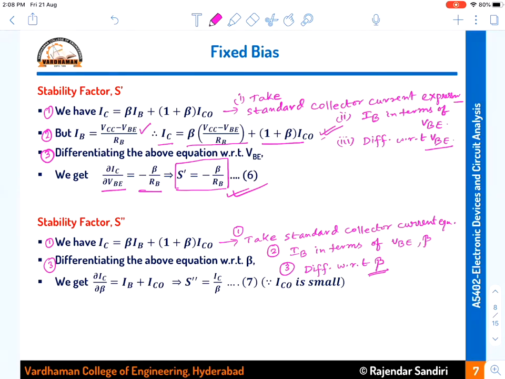Then what I will get is dou IC by dou beta. Differentiating this equation, dou IC by dou beta is equal to,